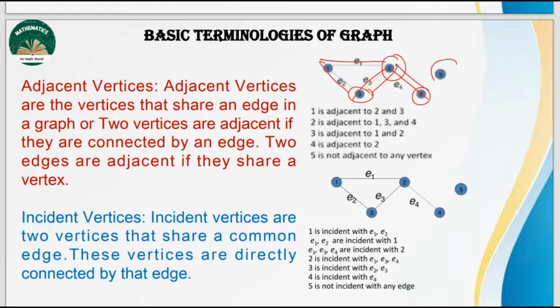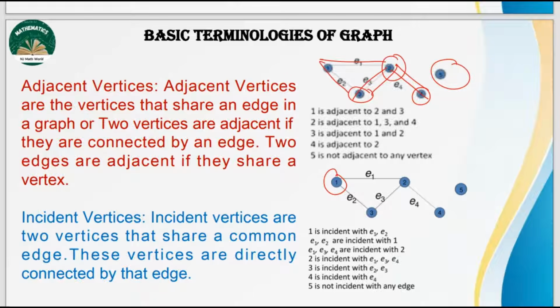Then 5 has no adjacent vertex. The next one, you have adjacent in incident vertex. Incident vertices are the two vertices that share a common edge. If it is having a common edge, it is called an incident vertex. So here we can see 1 is